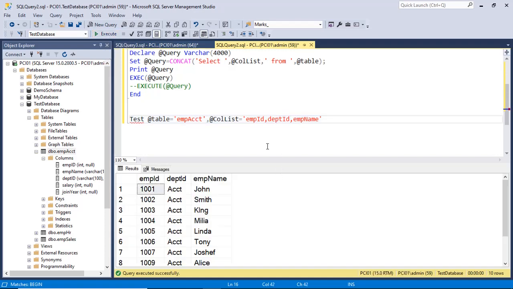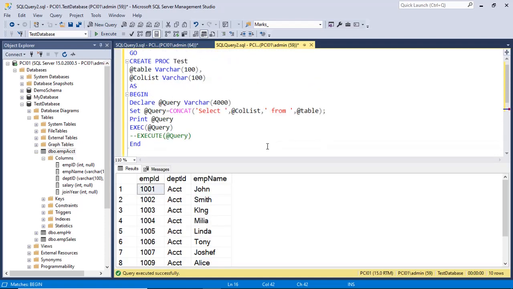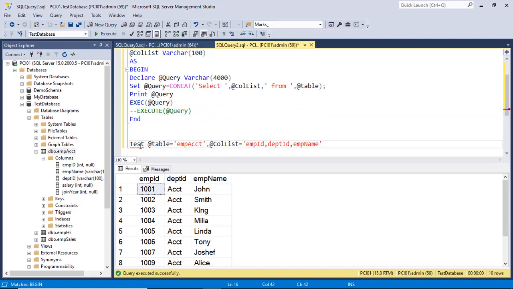Okay. So as you can see, we call this procedure test, and we supply 2 parameters, table and